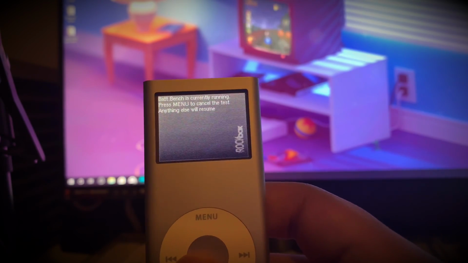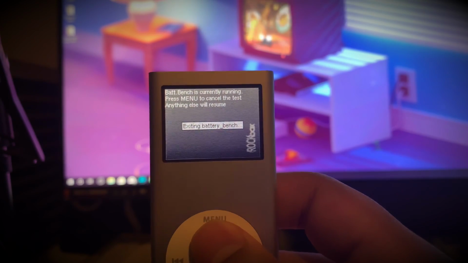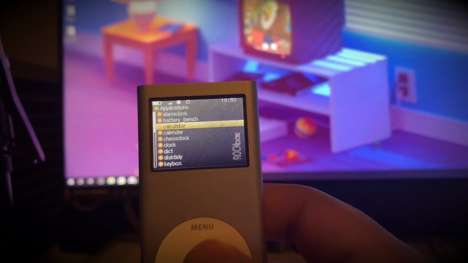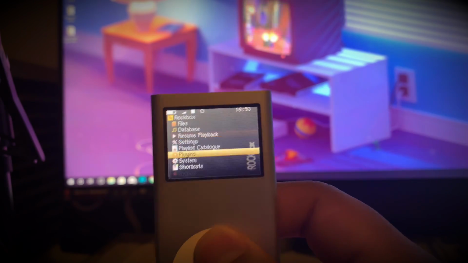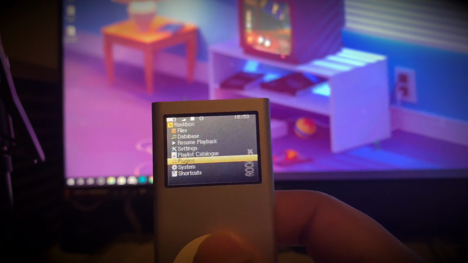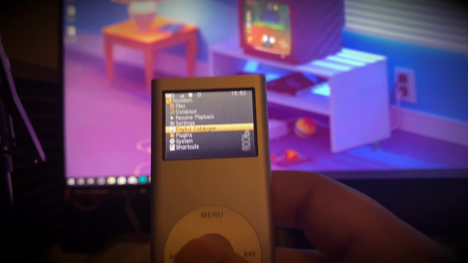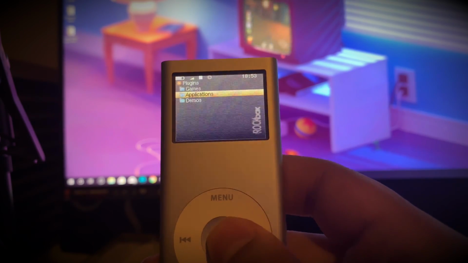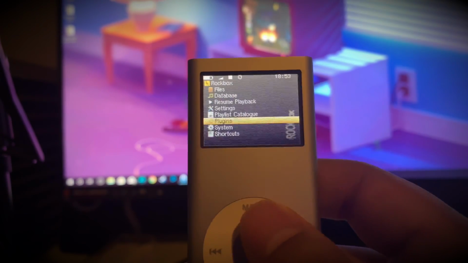you have to exit out. Press the menu to cancel the test. Alright, so sorry about that. Menu to cancel that, and then you guys can see calculator, which is pretty dope. And I guess the coolest one on the plugins, sorry, it's kind of hard to navigate through this. The coolest one on the applications, I would assume, is